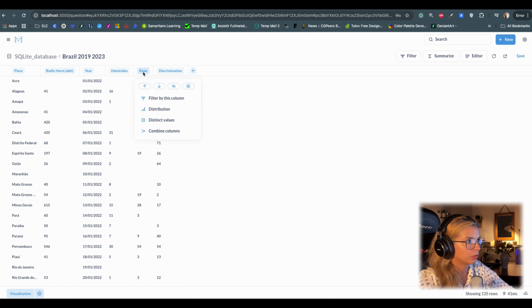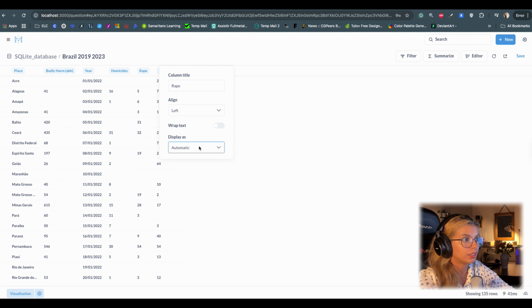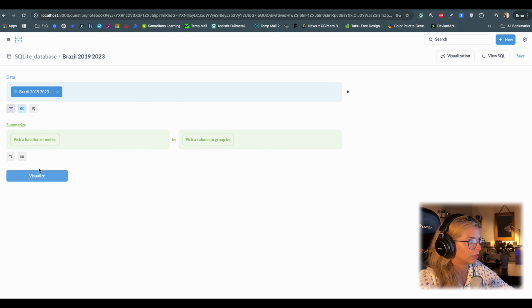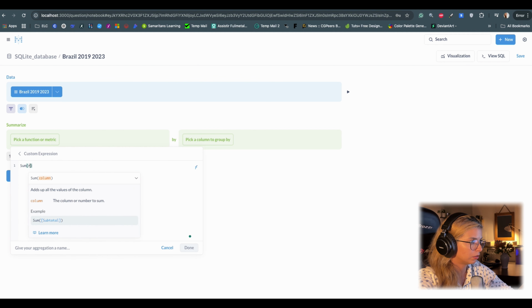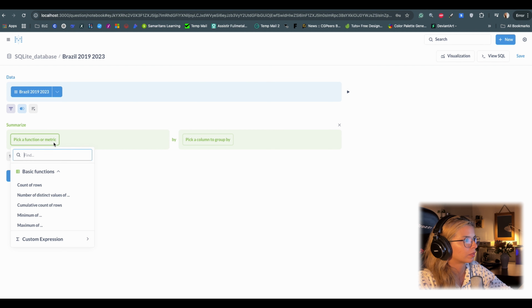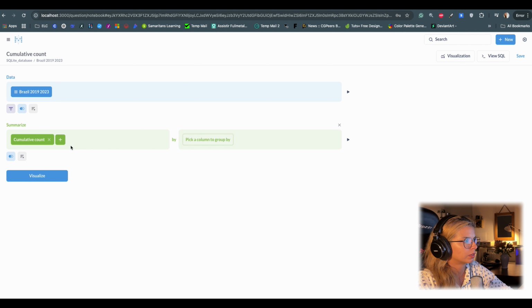Let me see this one as well. Display automatic. Let's see if I can maybe summarize this. Let's go to custom function. Year.